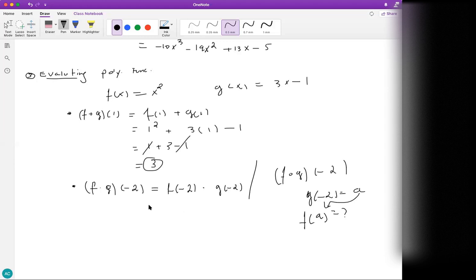Okay, it's quite different. They're not the same. So these two are not the same. If you do the math, the value will be different. So let's find f of negative 2 first. If you plug negative 2 here, what do you get? f of negative 2 will be,